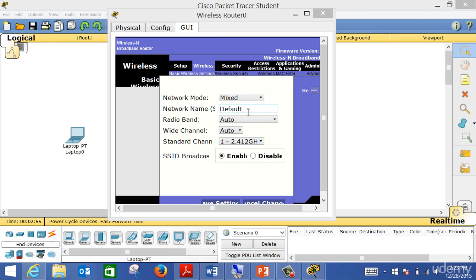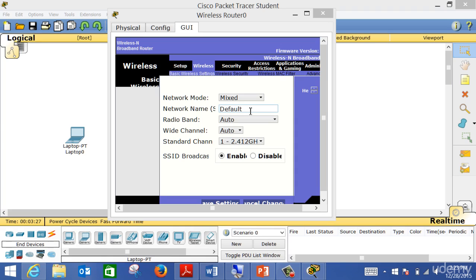Sometimes you scan using your mobile, and it will show you a wireless network called D-Link. That means whoever owns this network did not change the default setting. He kept the default name. And what is wrong with that? What is wrong is that if anyone is scanning the network and finds that you have, at your home or at your work, a wireless network with the default setting,